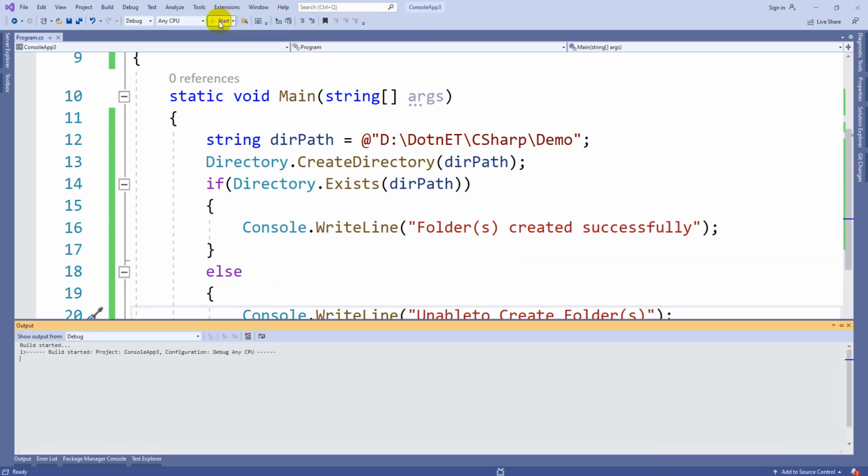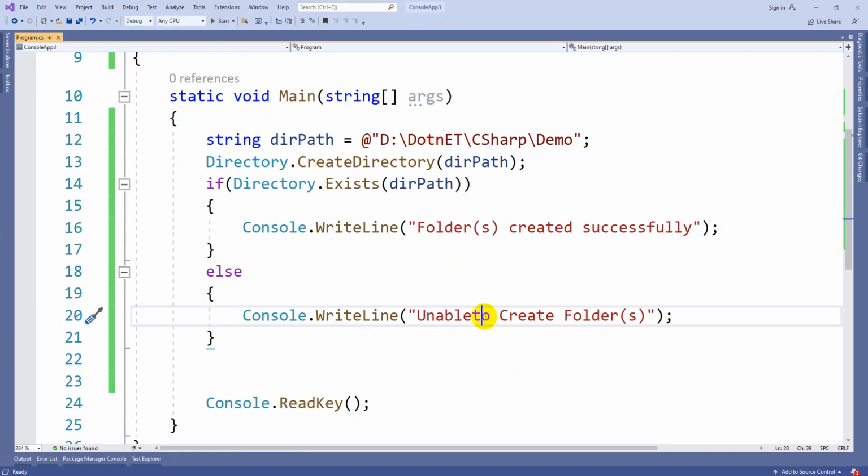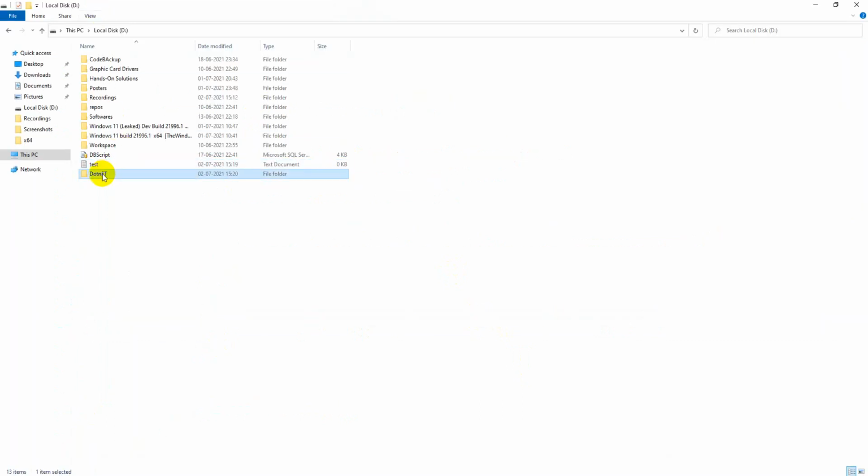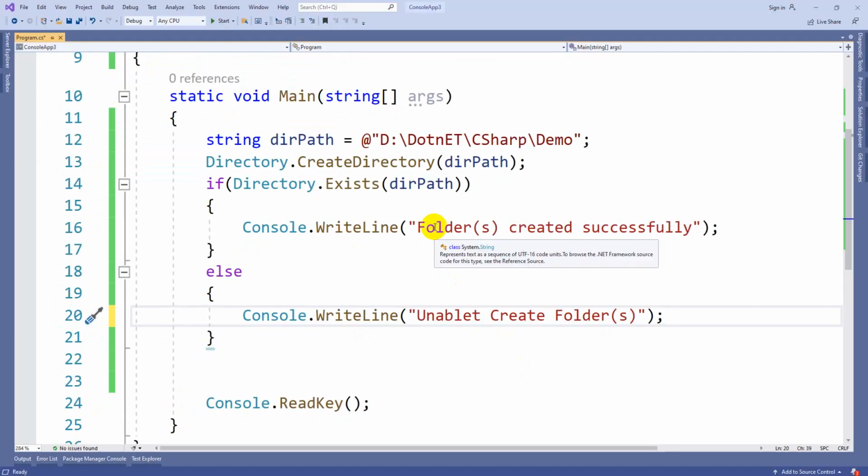Now let's execute. You can see folders created successfully. Let's go and check in the D drive. This is the D drive. You can see the folder .NET, there is a C# folder, there is a demo folder. Like that you can create multiple folders at one shot. So this is how you can create a file, and this is how you can create a directory.